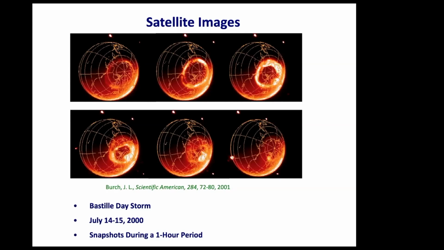Here is a snapshot of the auroral oval during a 1-hour period. So these snapshots are roughly 10 to 12 minutes apart. Note that even in a 10 or 12 minute period, look at how the precipitation changes, the structure that occurs, and here there's very little precipitation except in one domain. Likewise, I indicated before, when you have this kind of structure in the precipitation, you're going to have the same structure in the convection electric fields, horizontal and field line currents, and in the ionosphere thermosphere system. And that is going to be difficult to model.